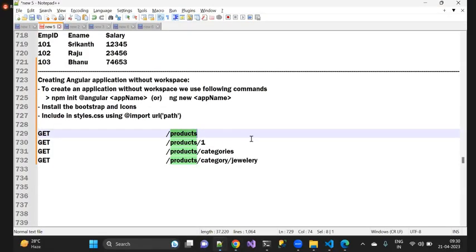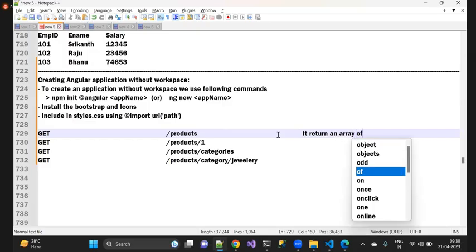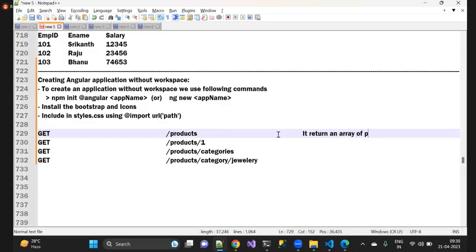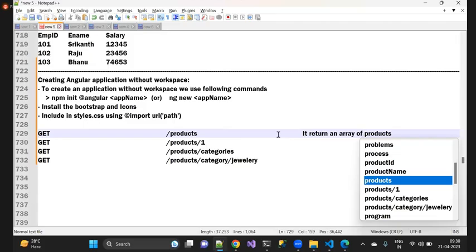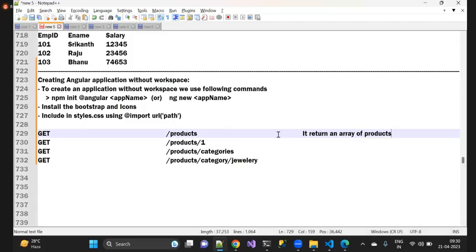That means I can say that when I send a request to this particular one, it returns an array of products. At the same time, when I'm sending a request to this particular one, you can see products/